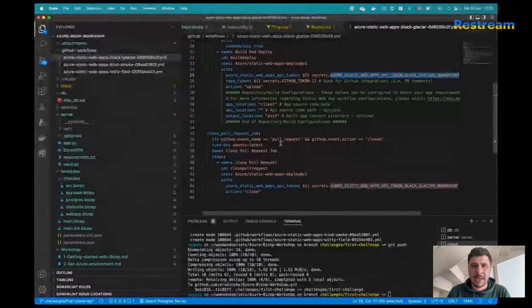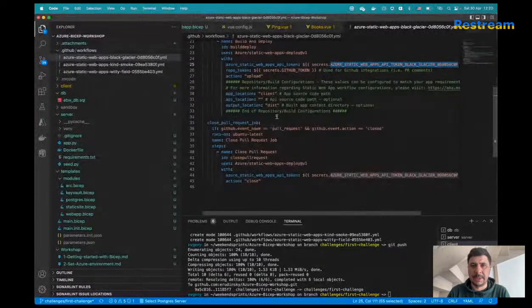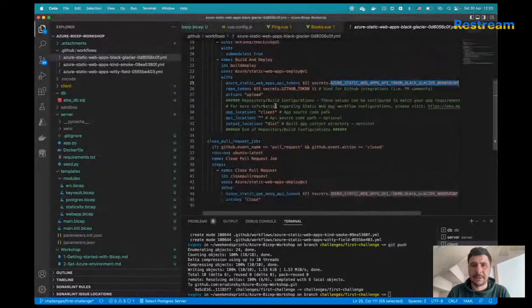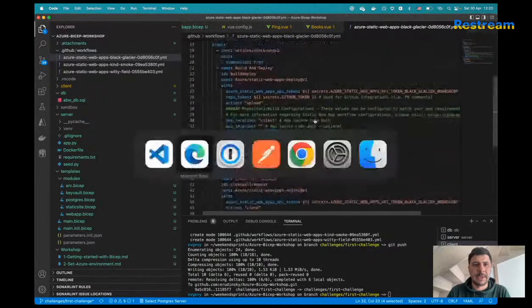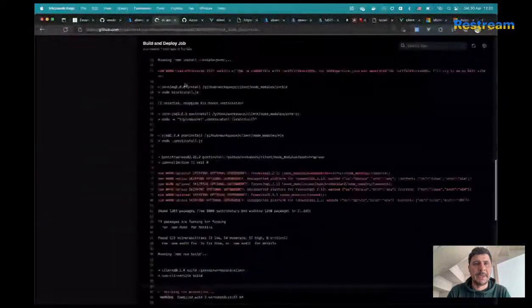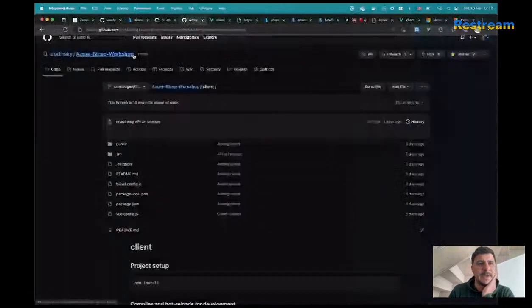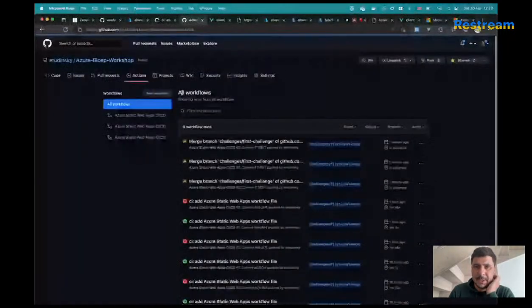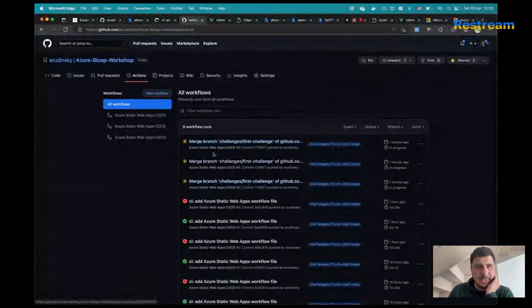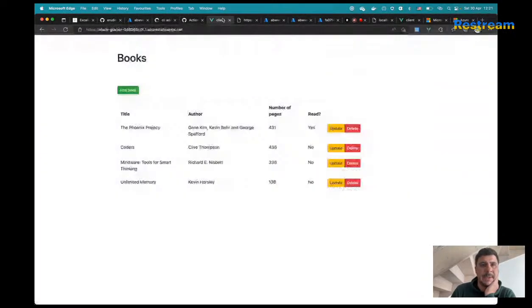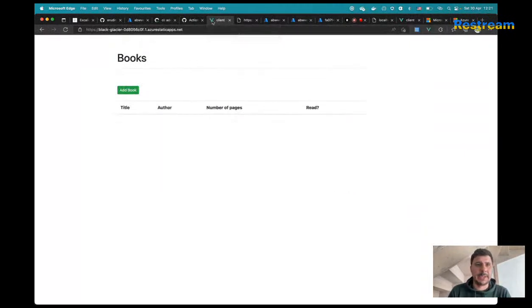And once it's done, it basically updates the static website content with the content which is in that dist folder. So that's the purpose of the token that was provided on the creation of the template. So I am merging again. I think it's just a duplication. So one of these tasks should fail very soon, but at some point we will get the application up